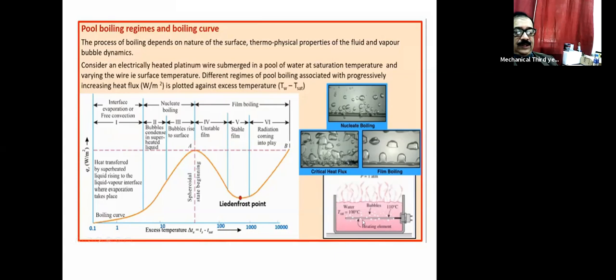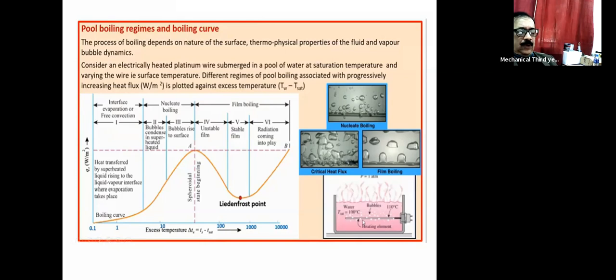From these three, the process of boiling depends. Okay. Now, see, this is a wire submerged in a pool of water at a certain temperature, and the wire surface temperature is varied. Now, when this pool boiling occurs,